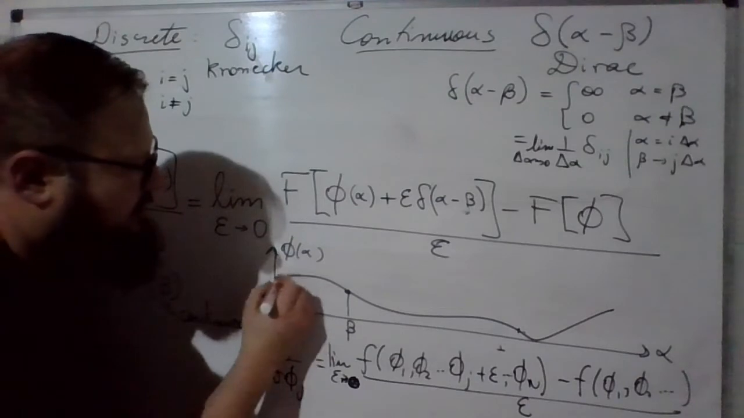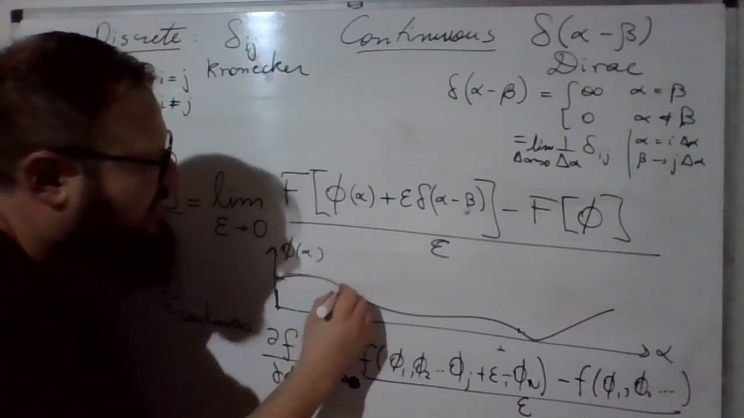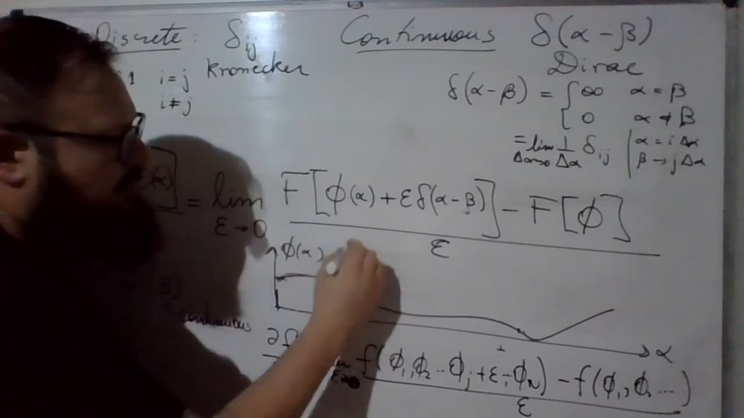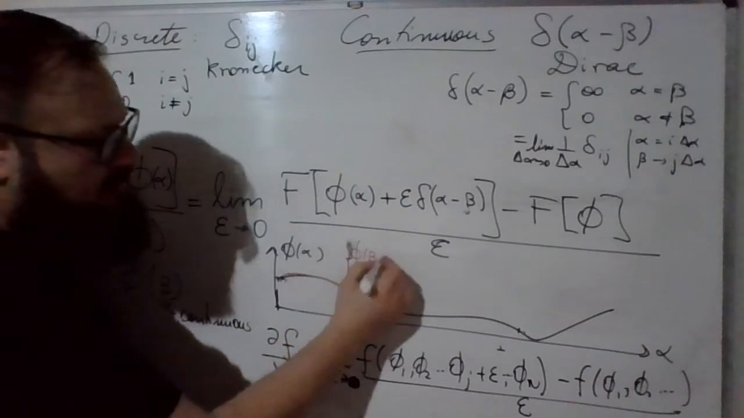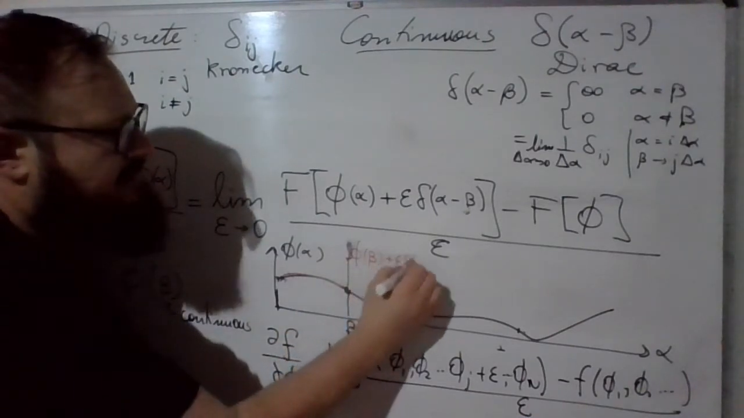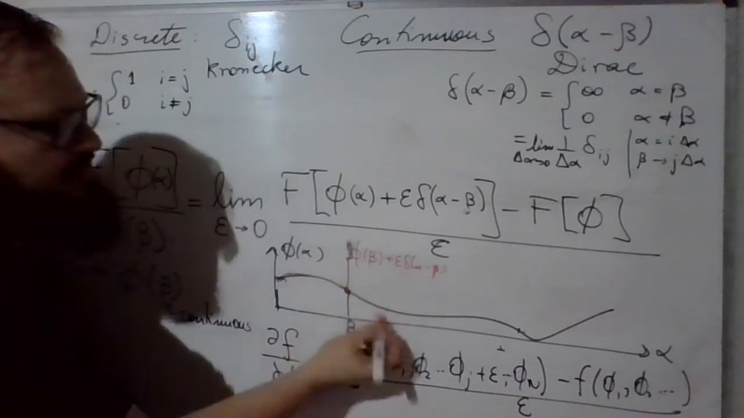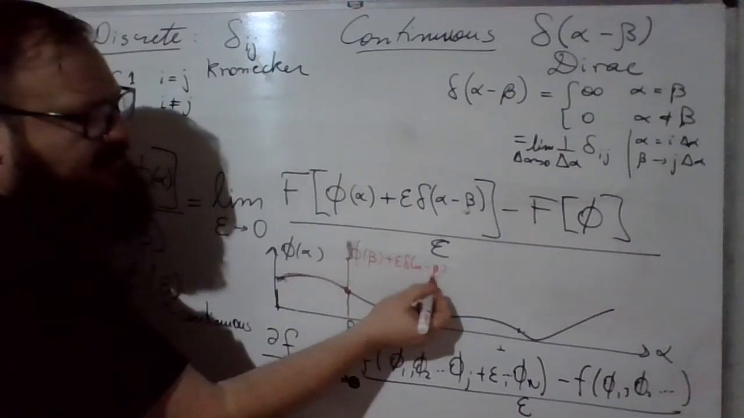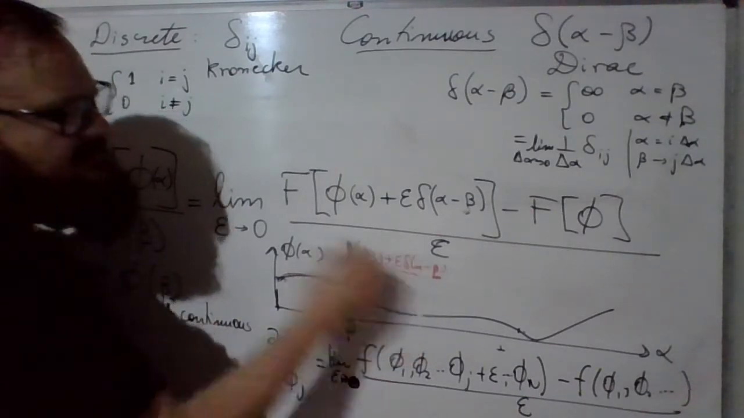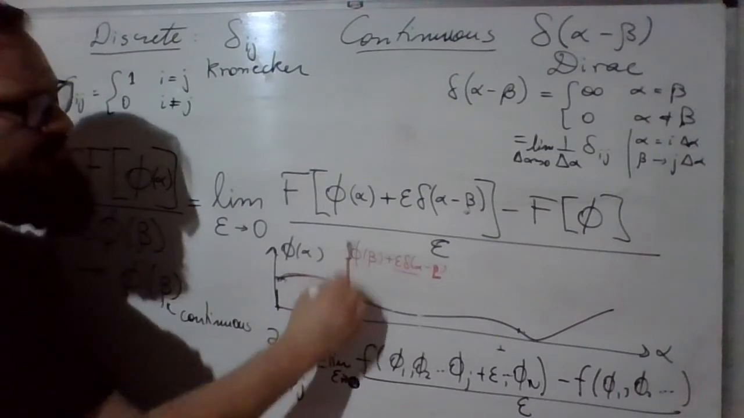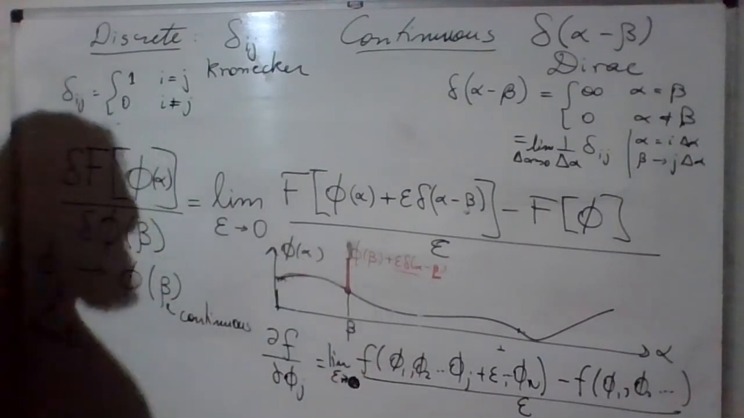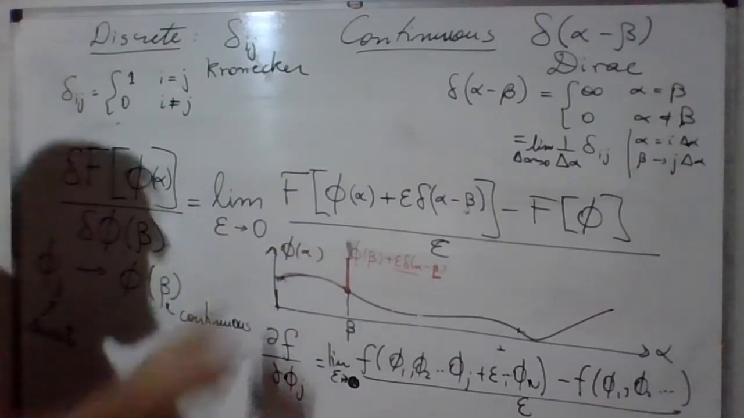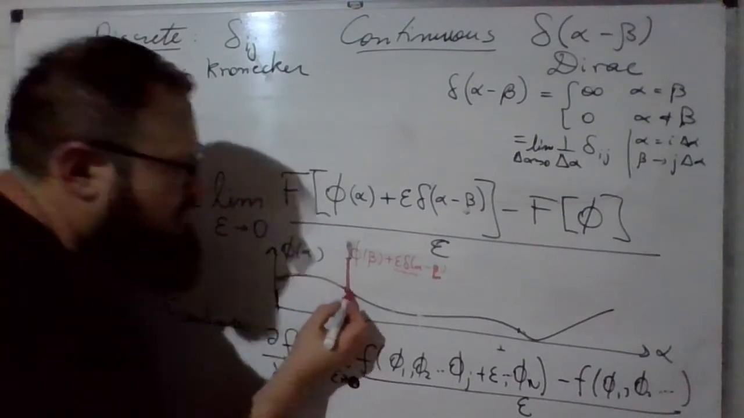So I will produce the same function, but at this exact point, I will produce a small variation here, which corresponds to phi of beta, the original value, plus some epsilon delta of alpha minus beta. So because epsilon is 0 and this delta at exactly beta becomes infinite, this is a finite amount which produces at exactly this point a small variation of this continuous function,